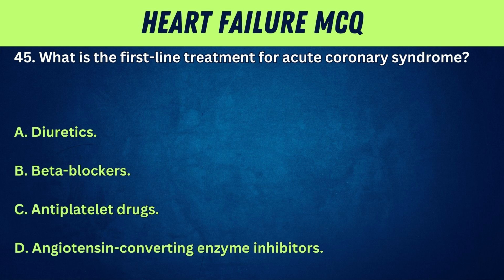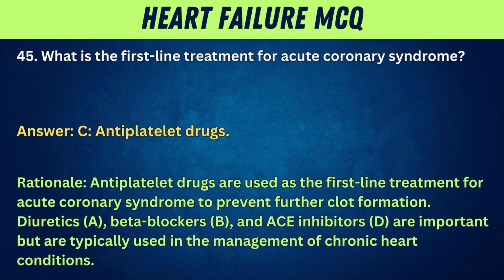45. What is the first-line treatment for acute coronary syndrome? A. Diuretics. B. Beta blockers. C. Antiplatelet drugs. D. Angiotensin-converting enzyme inhibitors. Answer: C. Antiplatelet drugs. Rationale: antiplatelet drugs are used as the first-line treatment for acute coronary syndrome to prevent further